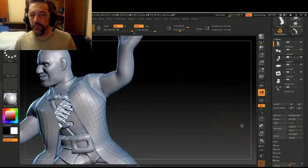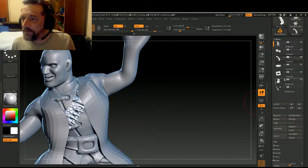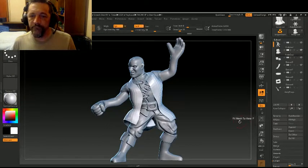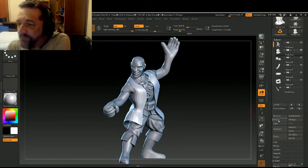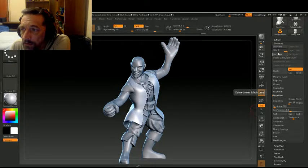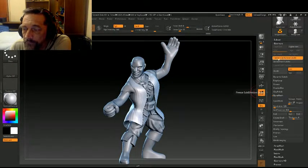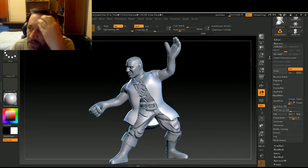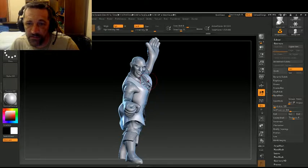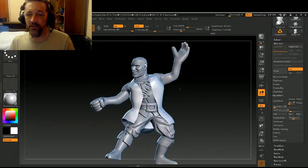Okay. Now we go back to the coat and we're going to move it up a couple frames. I'm going to dynamesh it, or I'm going to subdivide it a little, just to make it softer. Oh. Don't tell me I just froze the brush. Okay, good. Delete lower. There we go. Now, with that move topological chosen, I just noticed that I need to move this out a bit because the button on one of the things was...